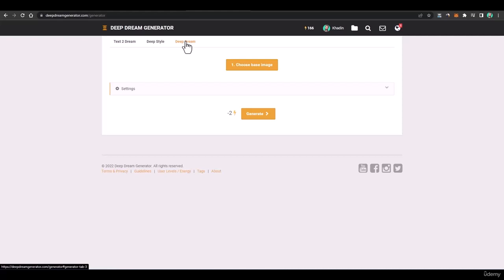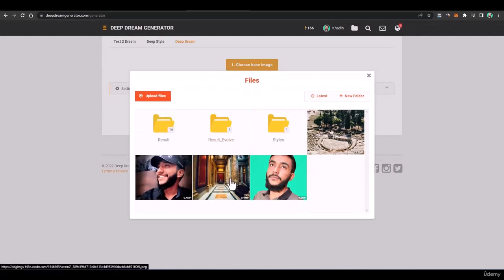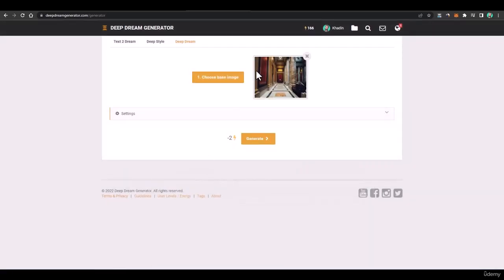We'll be adding a base image, and then we'll add a deep dream effect to it, to add some hallucination kind of thing to the image, and make that picture more interactive in the form of art. So first of all, from here you will have to select the base image. You can select any kind of image, and that image can be from stock photos, your own image, or any kind of image. Or let's say I'll select this image. I'm using this image. This is the base image of this course, because for all the tools I use this image.